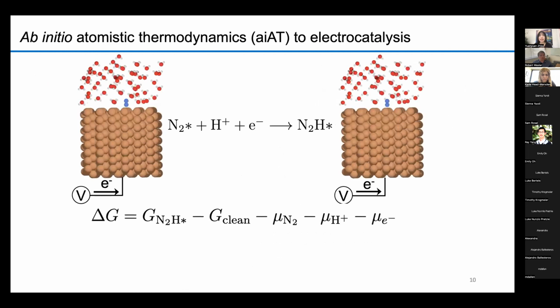When it comes to electrocatalysts, as illustrated here, that is the simplest model of the solid-liquid interface. This is a cathodic surface with an adsorbed N2 molecule, and one proton is transferred to the N2 and becomes an N2H species. And if we want to have a quantitative prediction for this kind of system with first-principles calculations, it becomes very complicated and even more expensive, or hardly possible, since first of all,